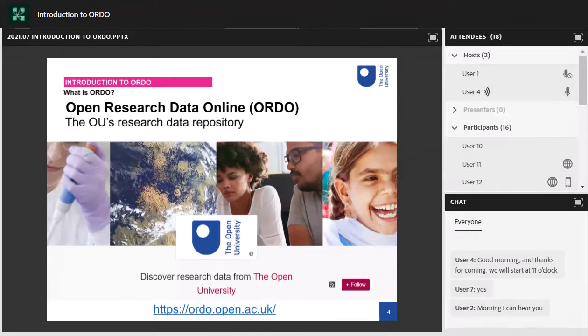But Ordo is the OU-specific version of Figshare, which means that when you upload data to Ordo, it will go through a review process so that we make sure that the data is curated and preserved properly, which is different from the Figshare public version, where you can upload anything and it doesn't go through a curation process before